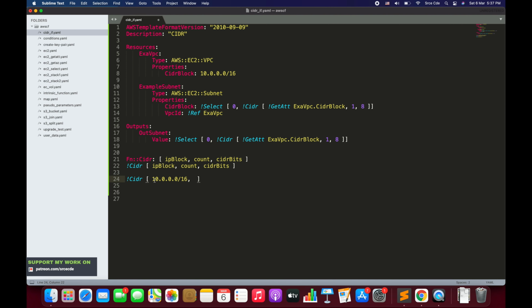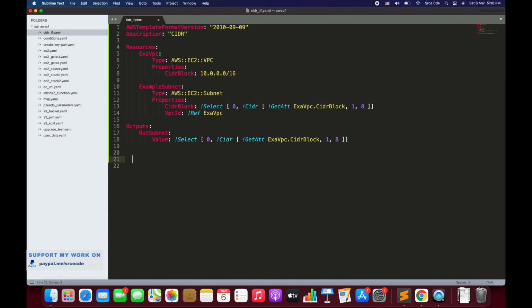I want to split this CIDR block into smaller CIDR address blocks, and the count I want is, let's say, 1, and I will say 8 CIDR bits. So the output of this would be 10.0.0.0/24, right? So this will return this value. So that's basically the CIDR function.